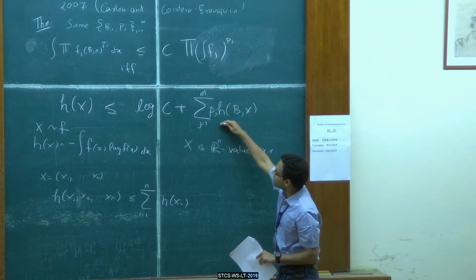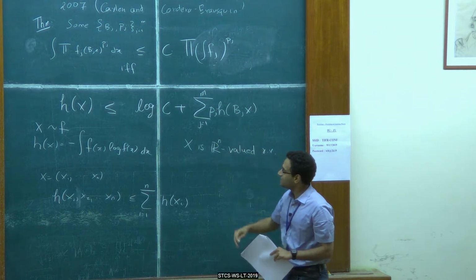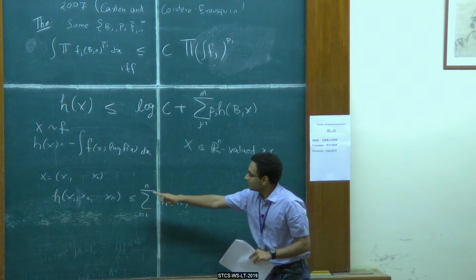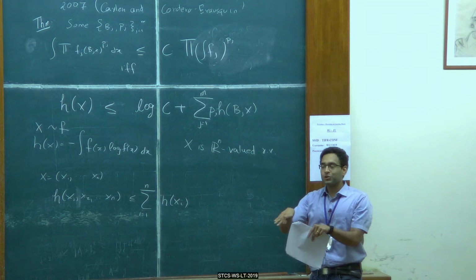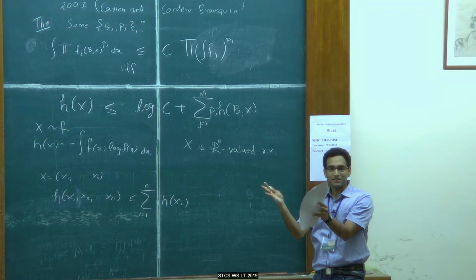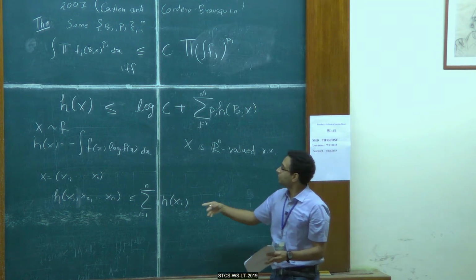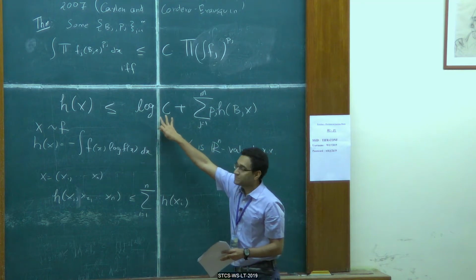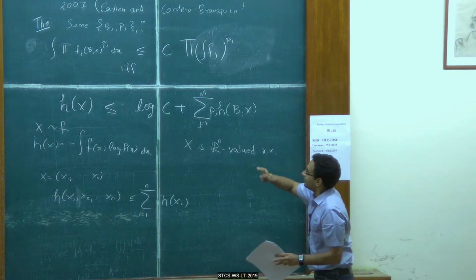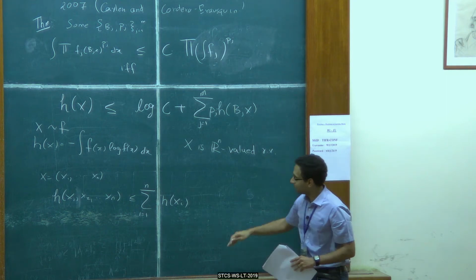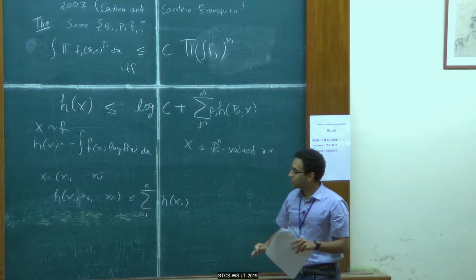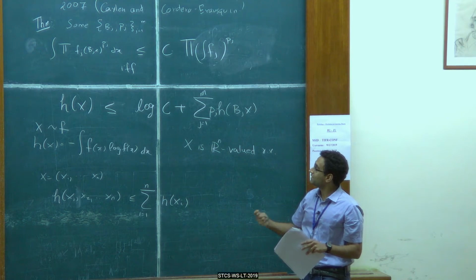What this general subadditivity result is saying is that this subadditivity relation does not just hold for coordinate projections, it also holds for projections into arbitrary subspaces, but there is going to be a correction factor, which is this log c. And it's not just that this inequality holds if and only if this inequality holds, there's also an exact correlation between the maximizers.